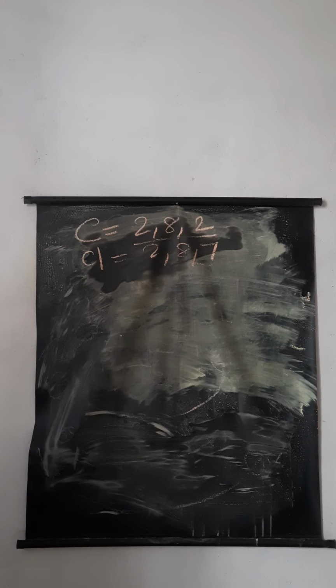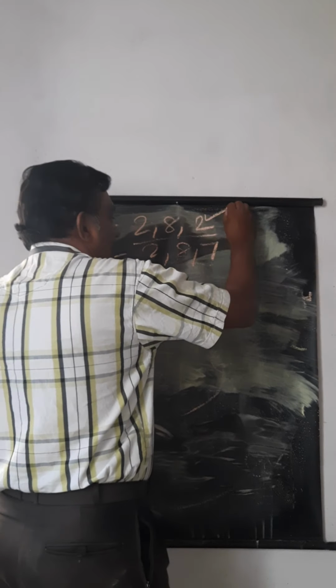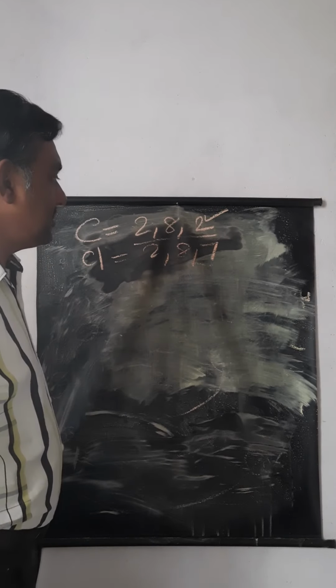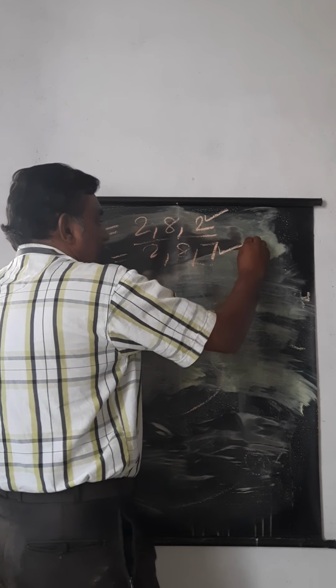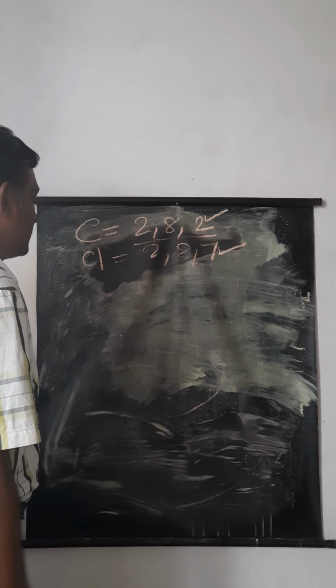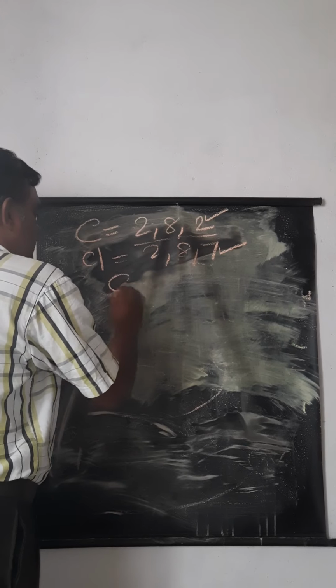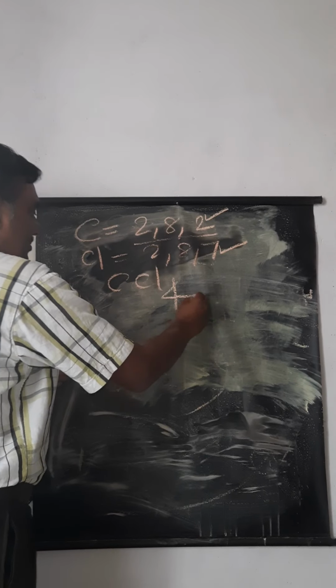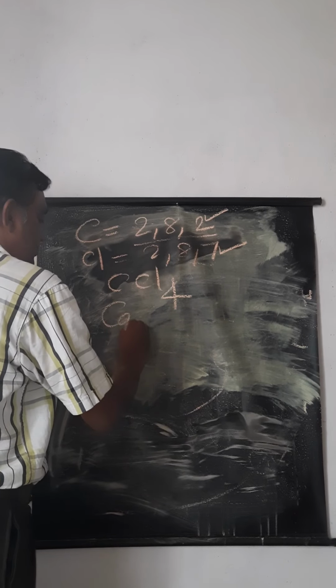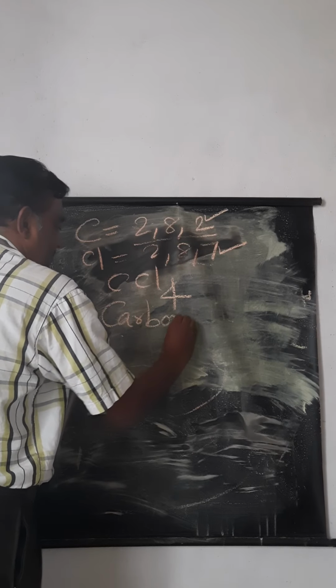That means carbon needs electrons in its outermost orbit to complete the octet, and chlorine needs 1 electron to complete its octet. If you go by the formula CCl4, this is the famous compound called carbon tetrachloride,